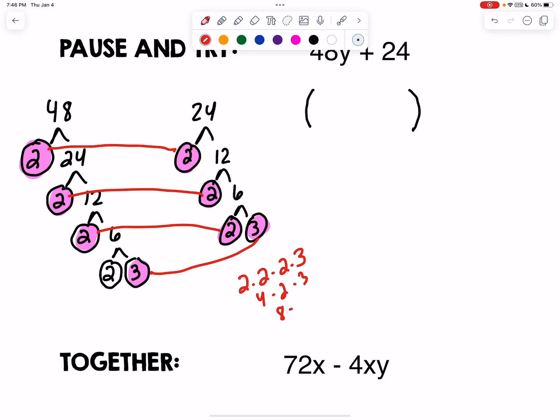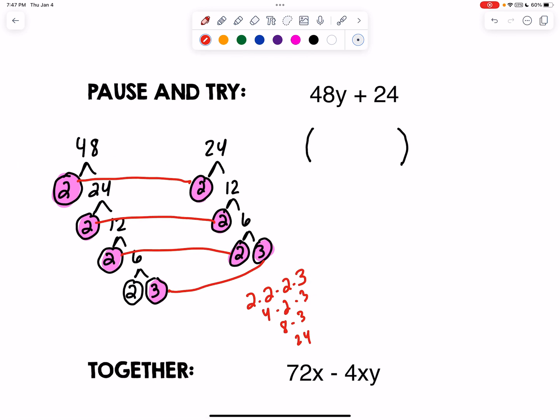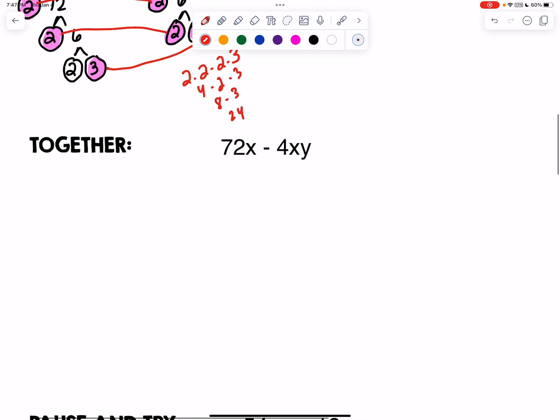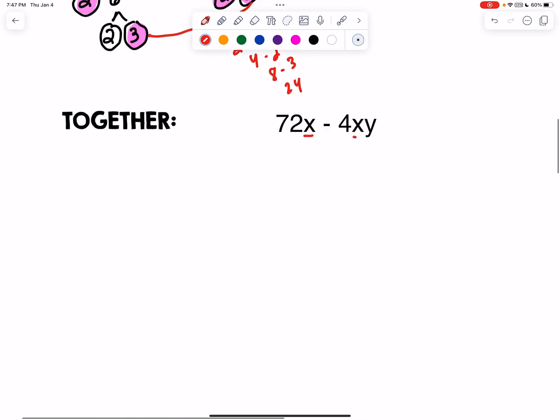2 times 4 is 8, and 3 times 8 is 24. So I actually can pull out a 24 here, okay? And what am I left with? Well, 24 times 2, keep my y, plus 24 times 1 would get me the 24, and there we go. All right, so let's go ahead and move on to these other ones where there's some other common